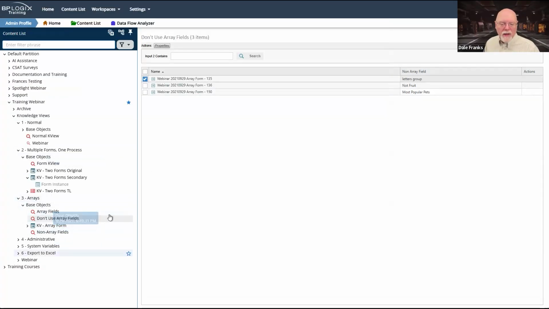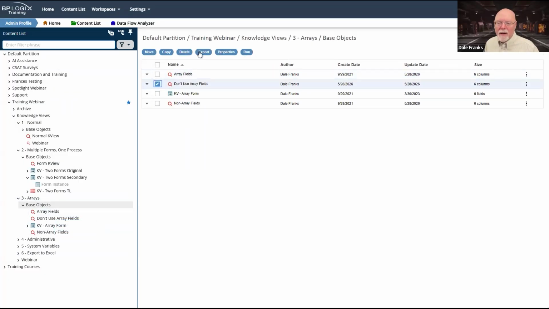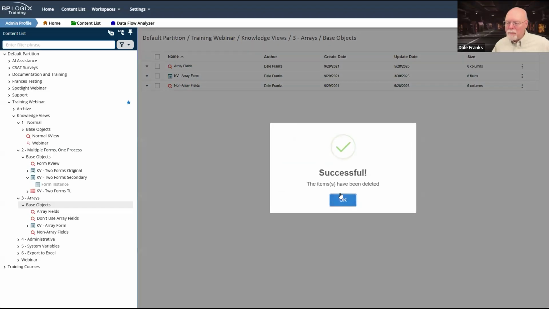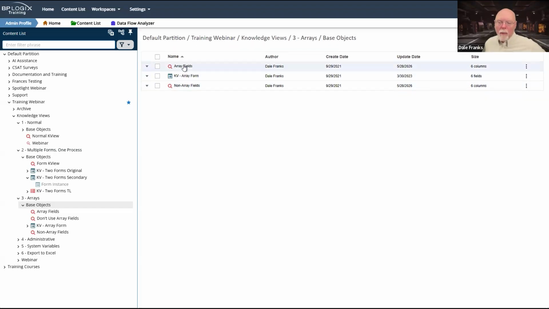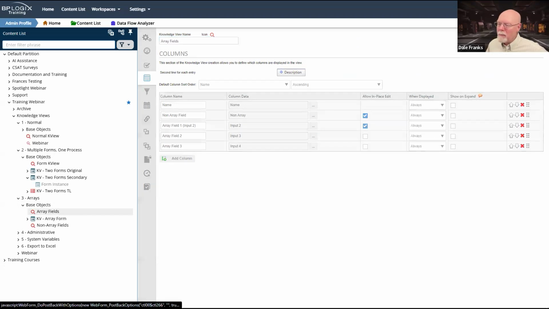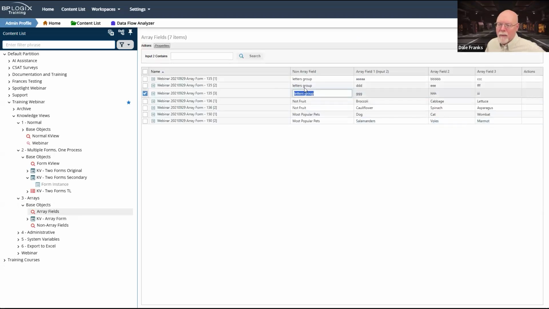One other thing to note, and I'm just going to delete this on the fly while we're here. And we'll go back to our array fields. Oh, I wanted to run it. So notice, this is not in the version 6 UI, so I hate it.